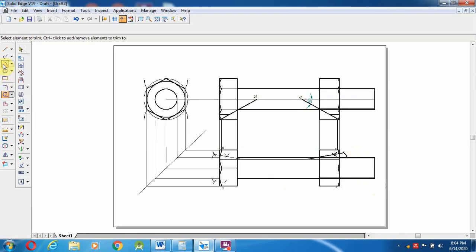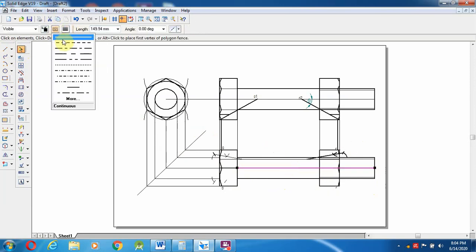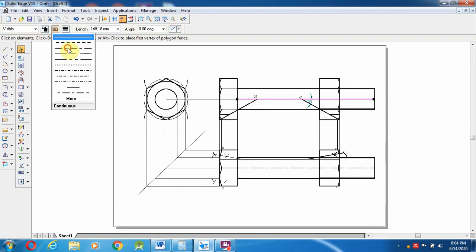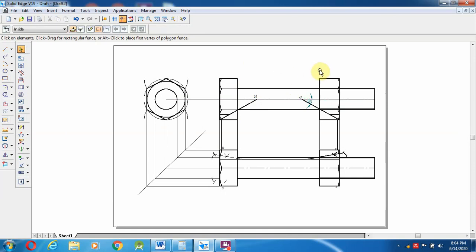So trim it, select a line from here up to there, and change it as an axis line. Even here also I want to draw one more line over here. Those lines I'm going to change as a point, sorry, axis line. So the axis line has to be created over here.